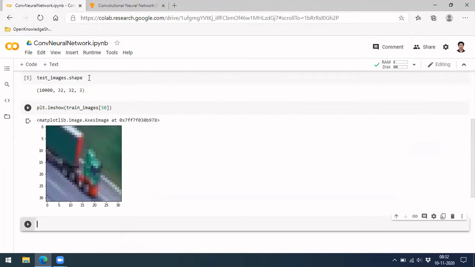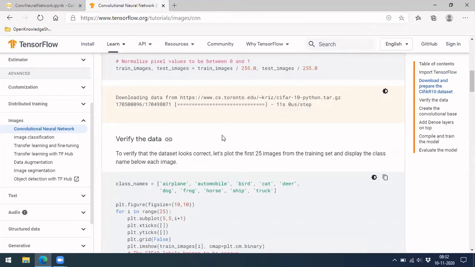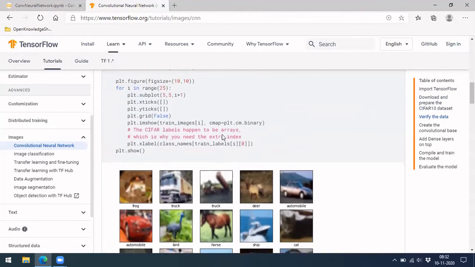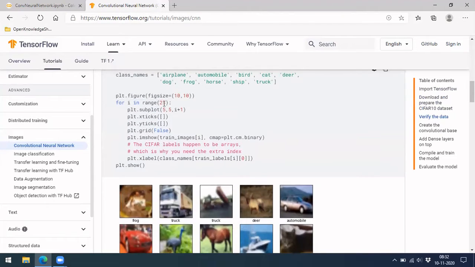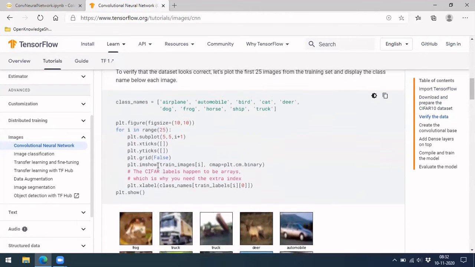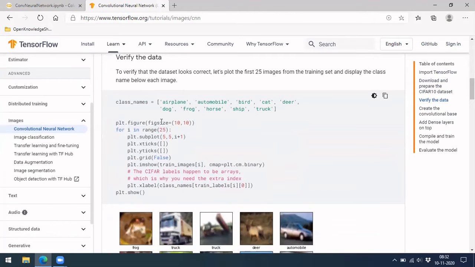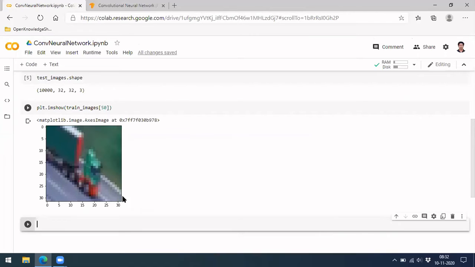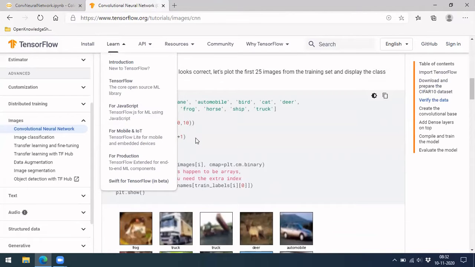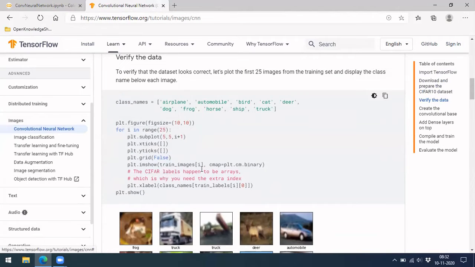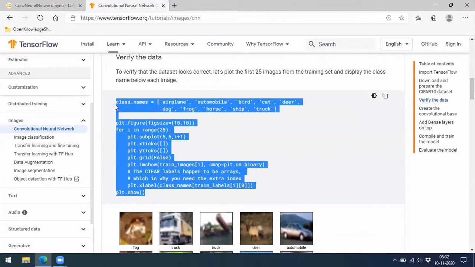Maybe if you plot it in OpenCV, it will adapt to that size and then plot, I think. Or you can have this way also. Here they are trying to plot the first 25 images, because it is being stretched large, right? The image is very small, so it's not coming with clarity. So they use a subplot to plot it. Let me also use the same thing.